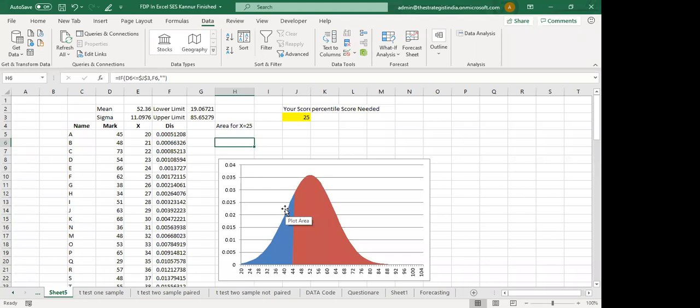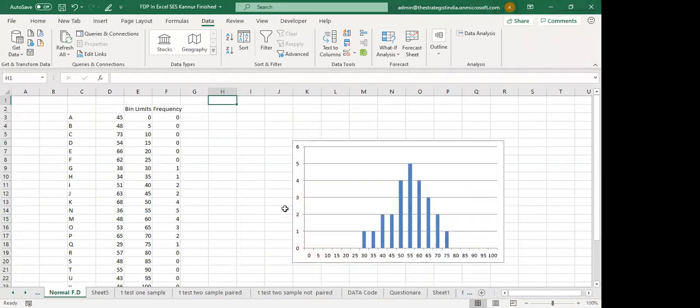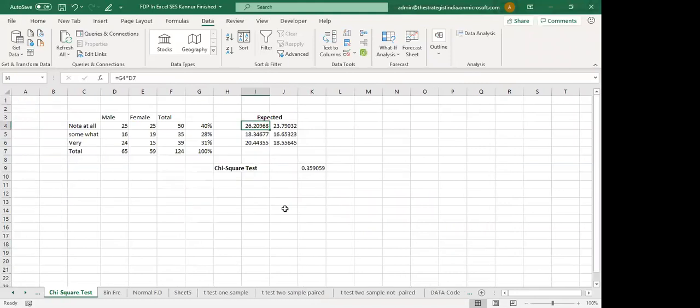What is the disadvantage? You give the input, you get the output. What's really happening in the background may not be clear to you. So as a student, as a teacher, as an academician, as a research person, if you want to know each and every bit of converting data into information in depth, Excel will help a lot. The only thing is, it may be time consuming, but